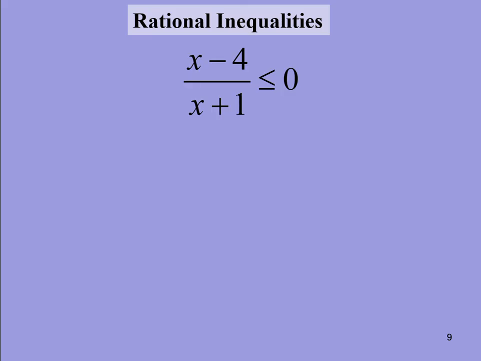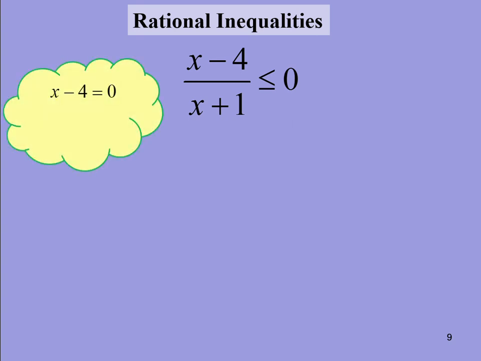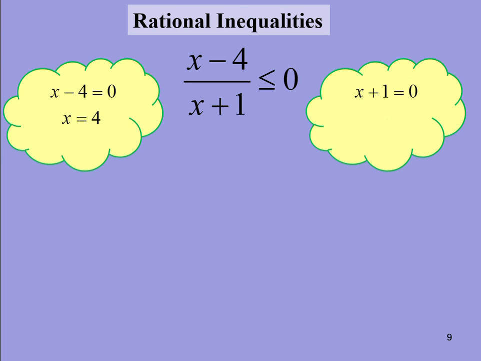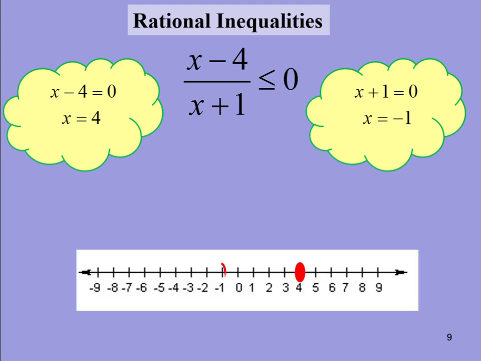Now to solve the rational inequality, very similar to the quadratic, we need to take the top, set it equal to 0, take the bottom, set it equal to 0, and draw the number line. Locate the two numbers, 4 and -1, and then decide where to shade. Just like before, we pick a number in this region, test it. -2 minus 4, -2 plus 1 gives 6 less